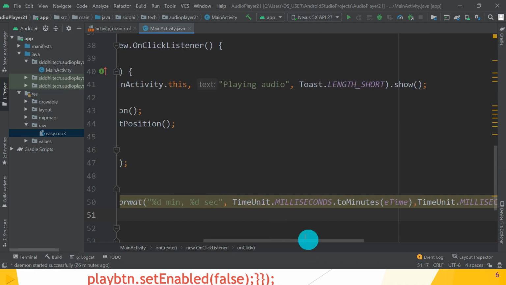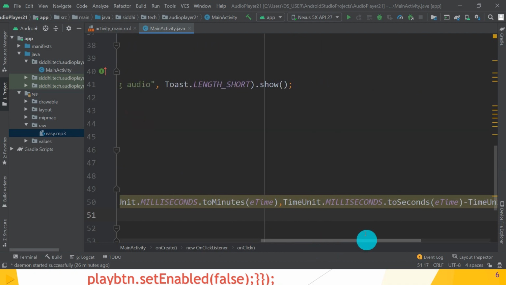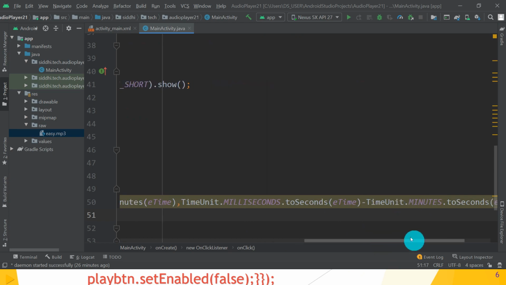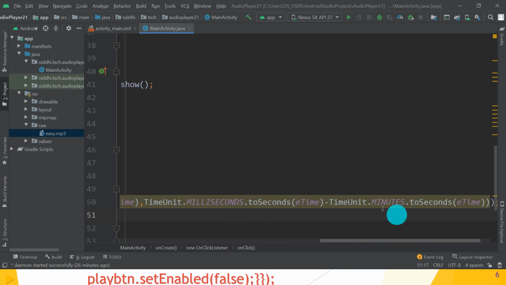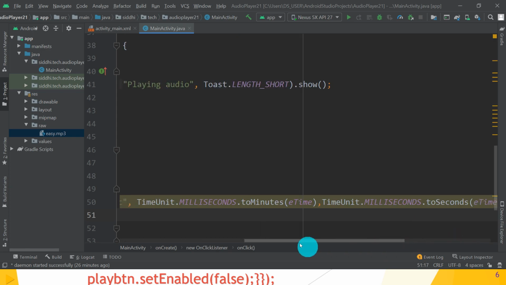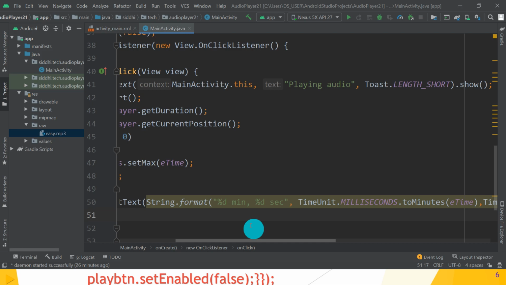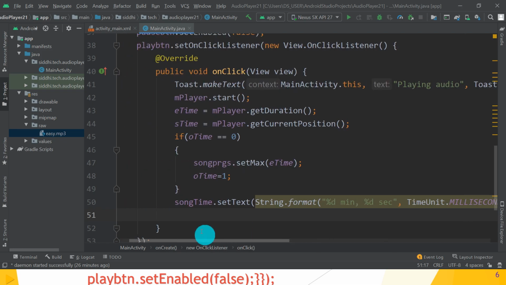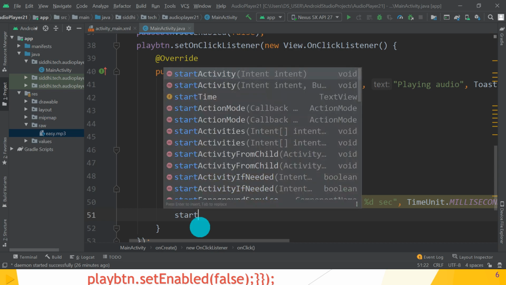For that, first calculate number of seconds minus number of seconds remaining from the minutes, so that gives you the seconds of that song. So great. So that is set to your song time. Guys, hope you understand.